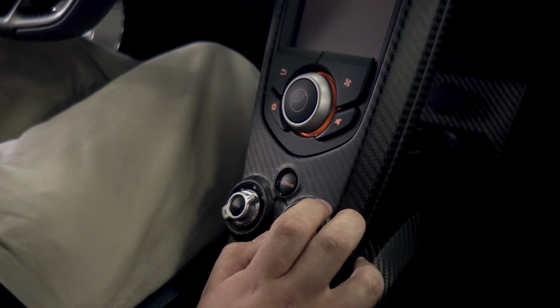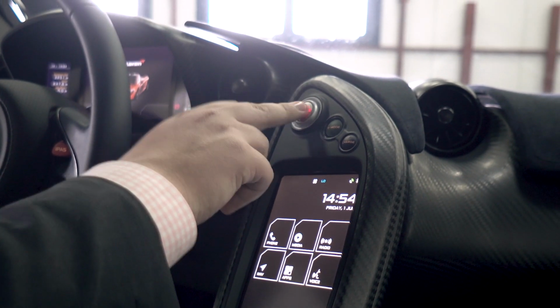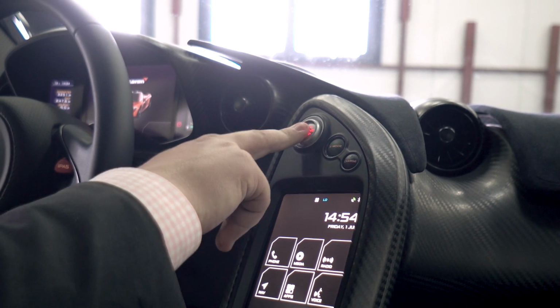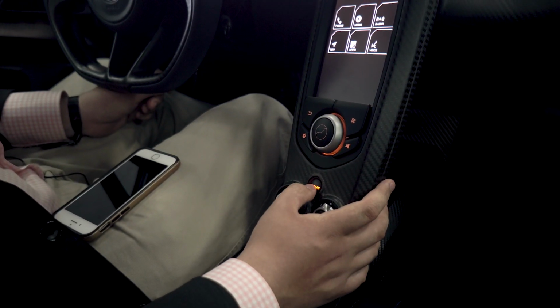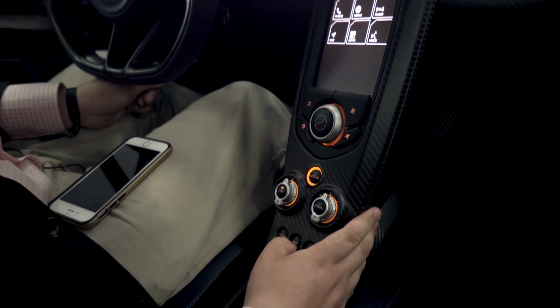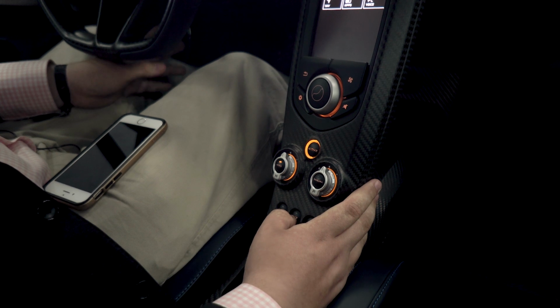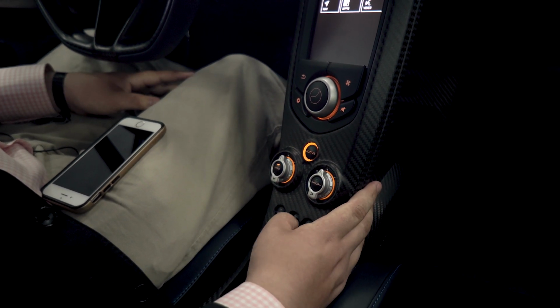First of all, we're going to have to start the car by pressing our foot on the brake, pressing the start engine button. So I warn you, it's going to be quite noisy. Then you have to press active to make all of these panels active, and then you press race mode. Now, it's not as simple as that. You have to have the handbrake on, you have to have the doors shut, but when I press race, you